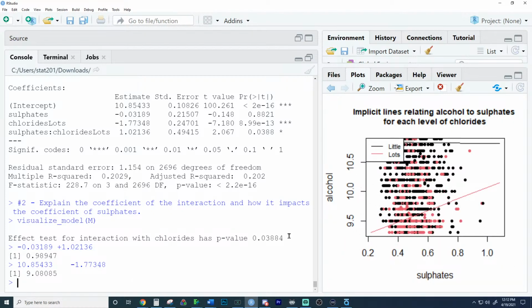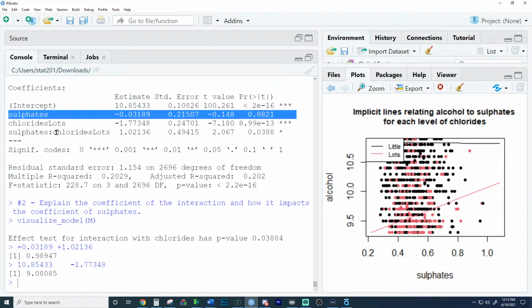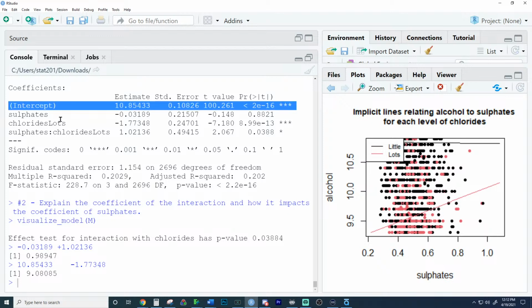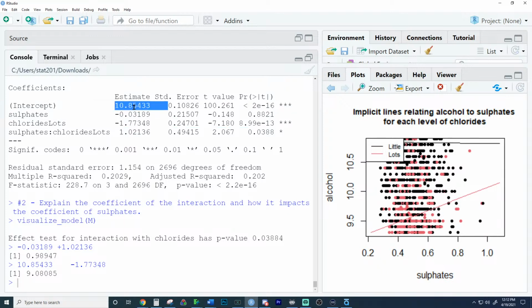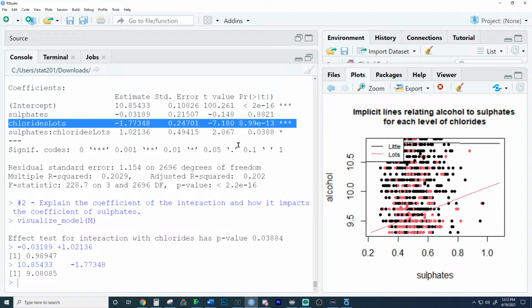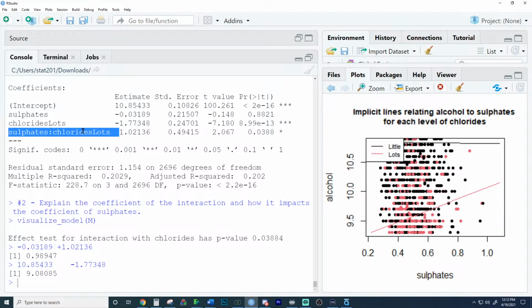Yeah, and so does that make sense, Cora, that this changes the intercept? These are the slope ones. Like these only work on intercept. Like this and this are only intercept related. This is the original intercept. This is the intercept for chlorides lots. This is the sulfites slope, which is very small and negative. This is the difference in slopes because the interaction changes the slope, but indicator variables only change the intercept,